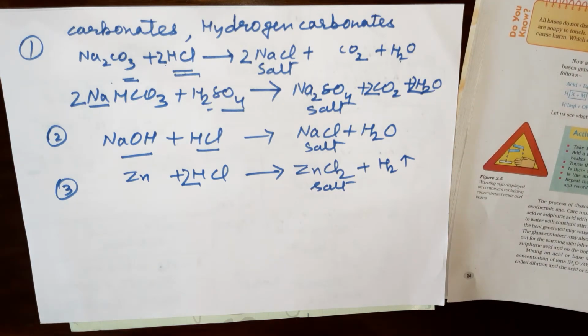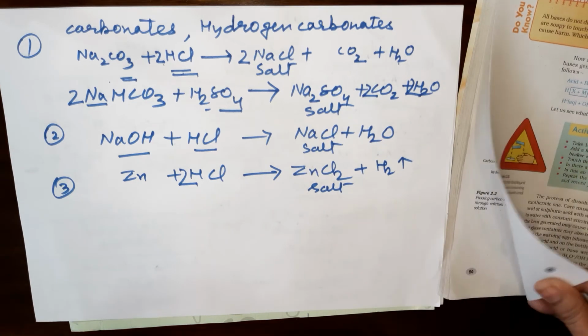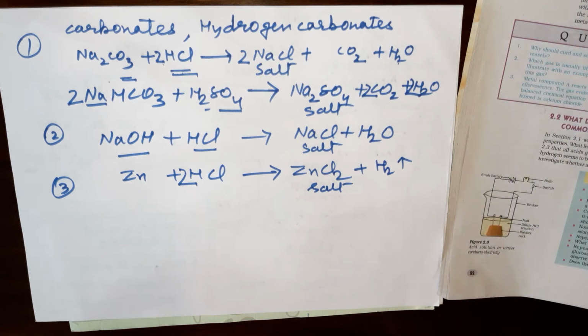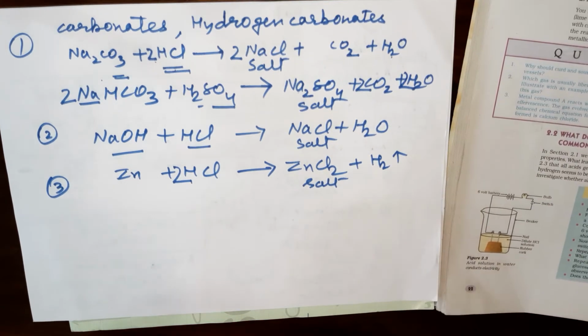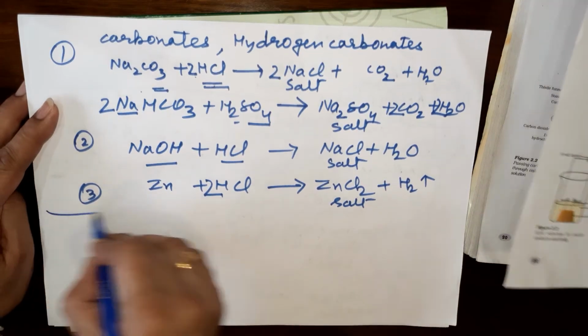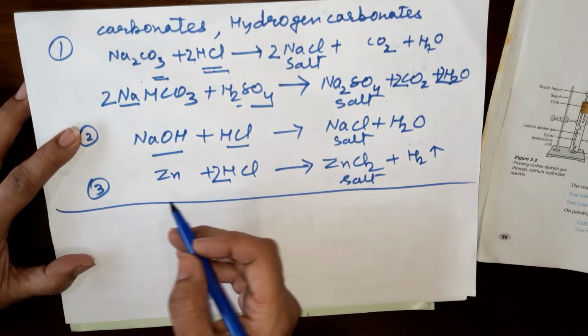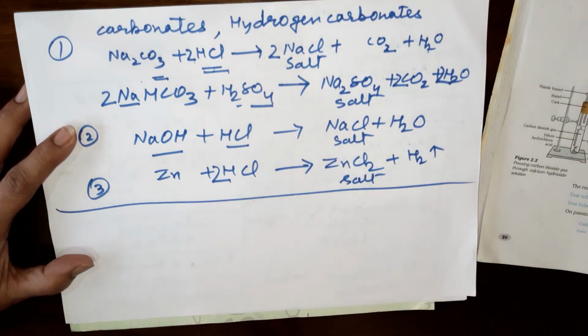Those bases which are soluble in water are called alkalis. That is the difference. Some bases are bases, but they cannot be dissolved in water, so they are not alkalis. Alkalis are only those which can be dissolved in water. For example, I am taking the example of bases. Properties we have done: they are bitter in taste, and they convert red litmus paper into blue.